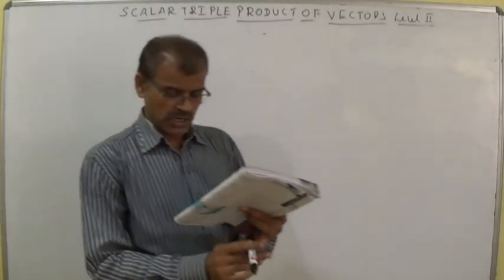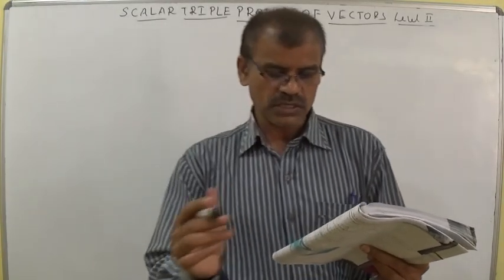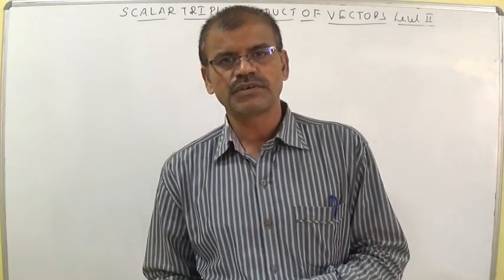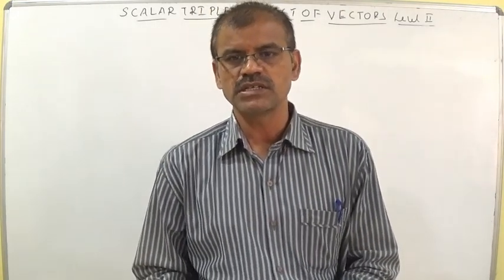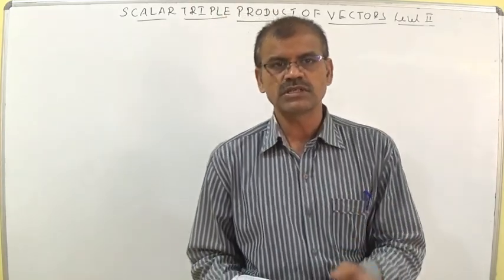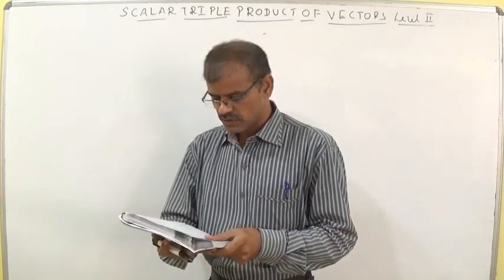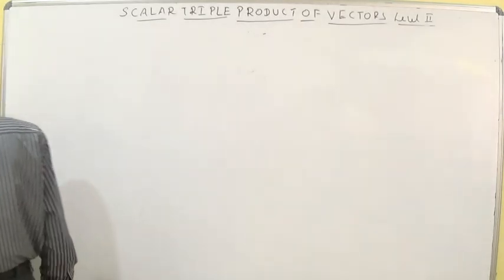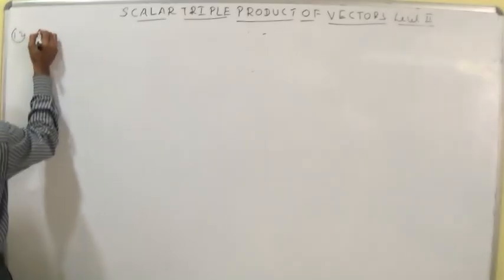Mutually perpendicular vectors A, B, C, and D bar is a unit vector equally inclined to each of A, B, C. So it is given that the angle between D and A is 60, angle between D and B is 60 and angle between D and C is also 60. Then you should calculate A bar plus B bar plus C bar plus D bar whole square. Given condition, I am writing here, 12th question.